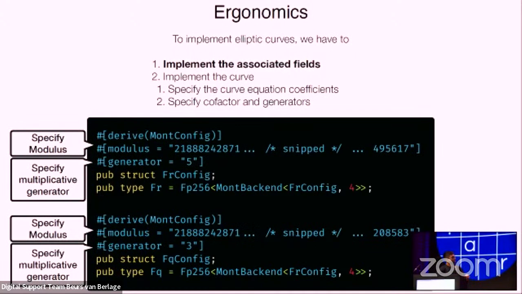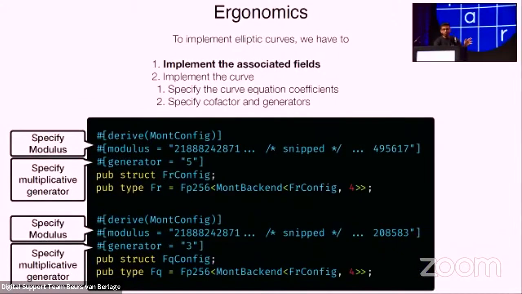Okay. For the BN254 curve, this is what it looks like in arkworks, right? So in 10 lines, you're able to specify the associated fields. So this takes inspiration and builds upon a prior API in the Bellman ecosystem. But yeah, as you can see, in these 10 lines, we've implemented a finite field end-to-end, right? And this will match, as we'll see in a bit, the best hand-tuned performance. Okay? So this is our field.